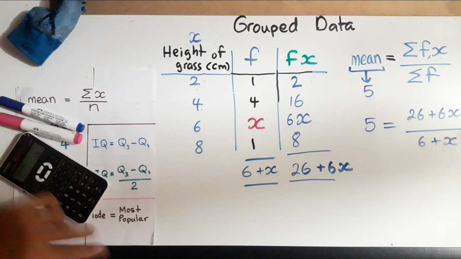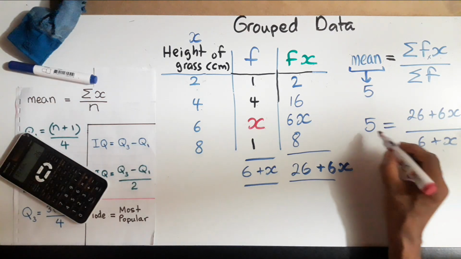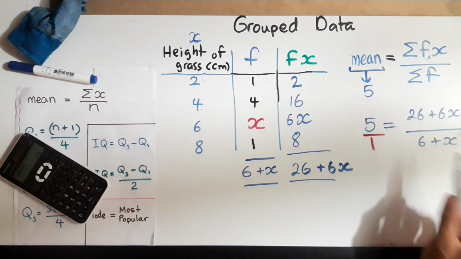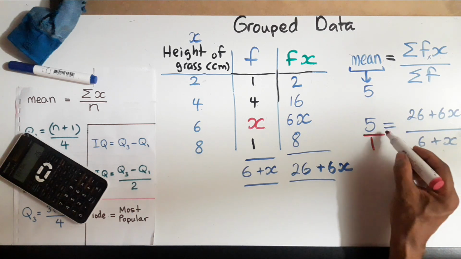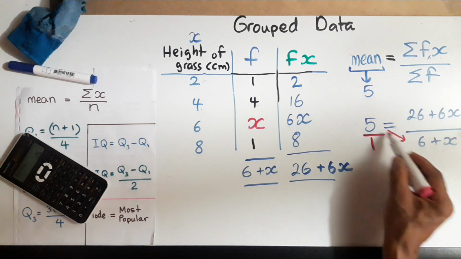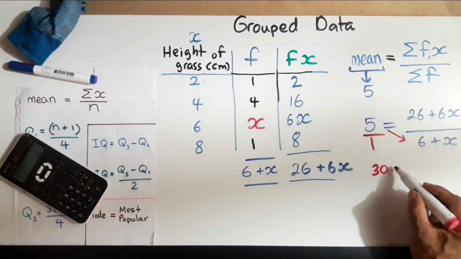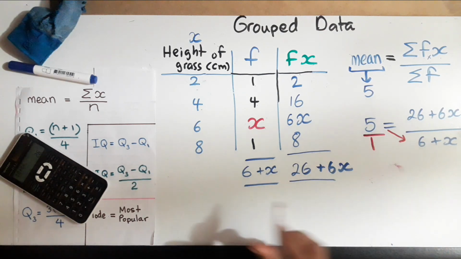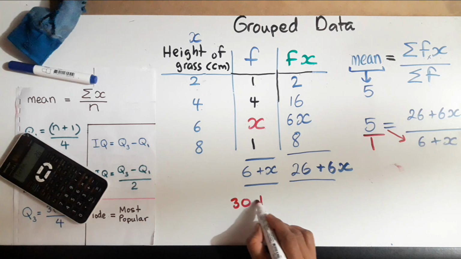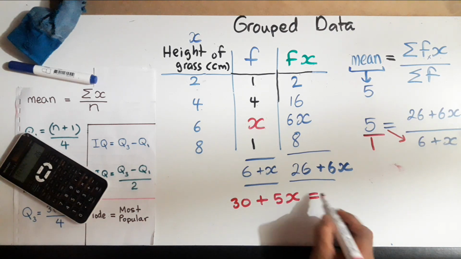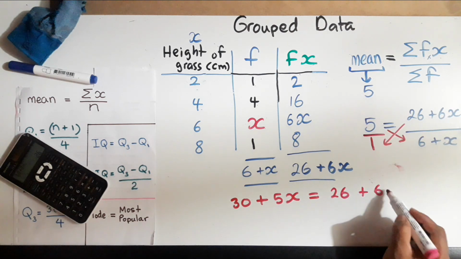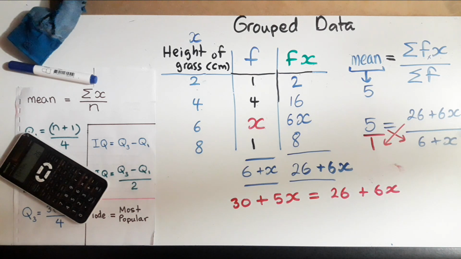So to find x, we're going to use our algebra skills and cross multiply. Now I'm going to kind of hurry this one across because I did a whole series of videos in algebra. So I'm not going to give you the baby steps on this one. So what we're going to do is multiply everyone here by 5. We will get 30 plus, well, I should clear more space here. Let me do the working over here. Everyone here gets multiplied by 5. So you get 30 plus 5x is equal to, everyone here gets multiplied by 1, which is 26 plus 6x, because anything multiplied by 1 is itself.